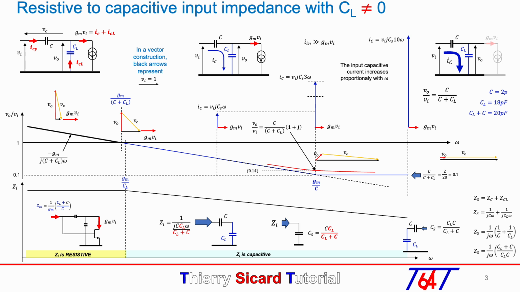But when capacitor Cl is connected from drain to ground, it allows a capacitive current to flow from the input to ground, and capacitor Cl bypasses the current source. Thus, the input no longer presents a current source in series, but simply a capacitive shunt from the input to ground. The input impedance therefore naturally corresponds to the capacitive impedance of two capacitors C and Cl in series.